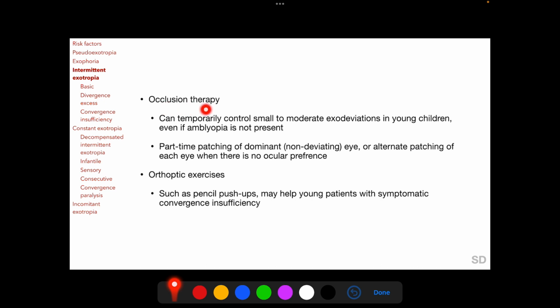Part-time occlusion therapy can temporarily control small to moderate exodeviations in young children even if amblyopia is not present. For this, part-time patching of the dominant non-deviating eye when there is ocular preference, or part-time alternate patching of each eye when there is no ocular preference, is prescribed. Orthoptic exercises such as pencil push-ups may help young patients with symptomatic convergence insufficiency to get rid of their asthenopic